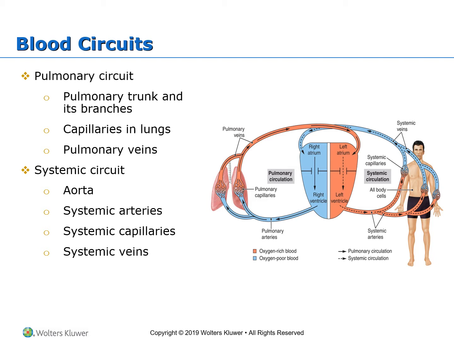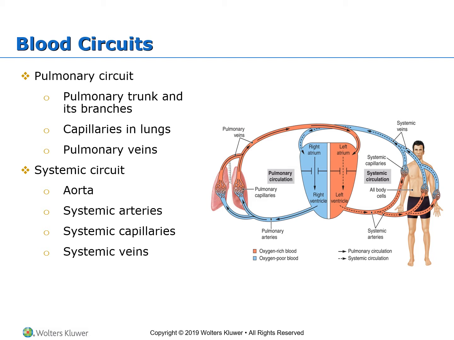Carbon dioxide will be eliminated and the oxygen will be replenished into the blood and will be returned to the heart through the veins. And the veins will carry oxygenated blood into the left atrium. Remember that we have 2 pulmonary veins per each lung. From the left atrium, the blood will be passed into the left ventricle, that through the aorta will be distributed now into